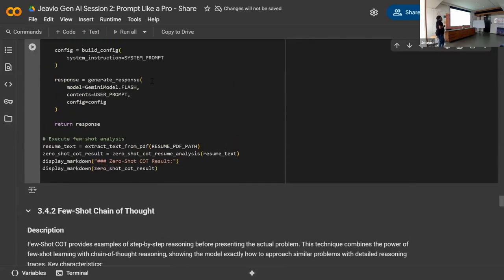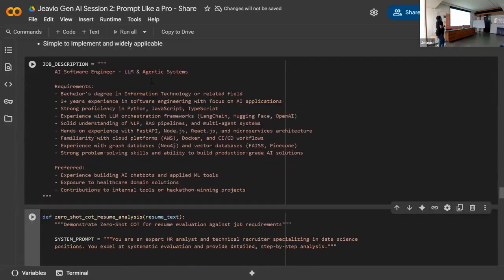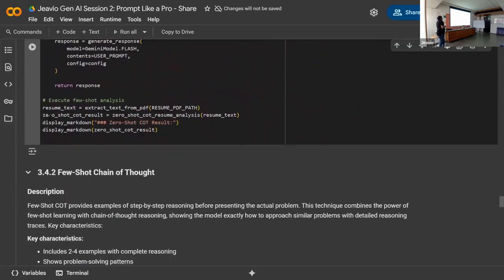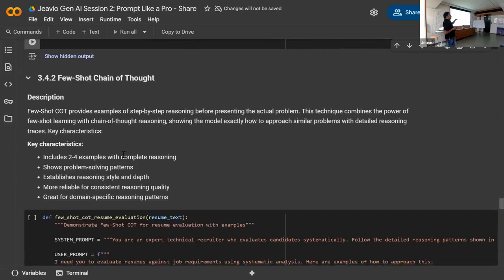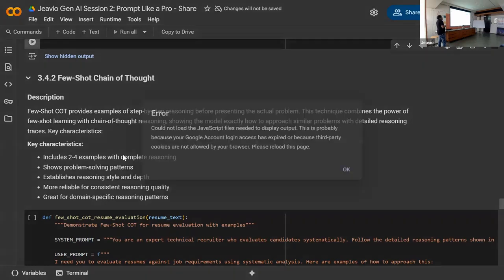So it says 8.5 out of 10. And the specific gap that needs to be addressed is years of professional experience. We have said the notable gap is a 3+ years requirement, but he is a software engineer with 2 years of experience. So it will say that there is a gap.